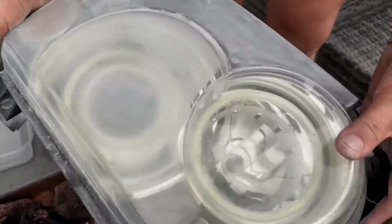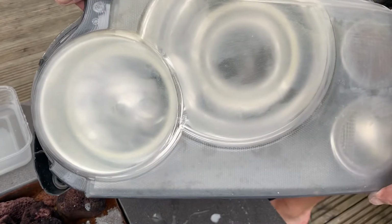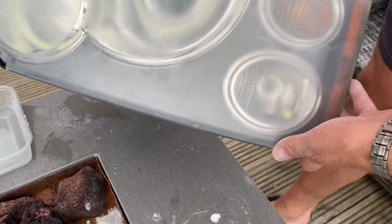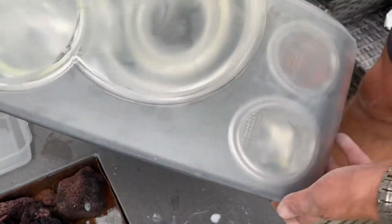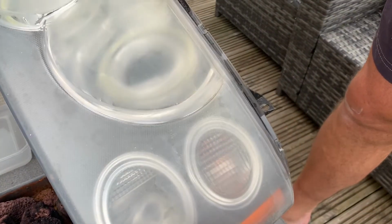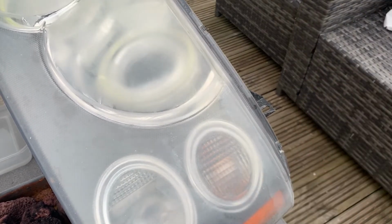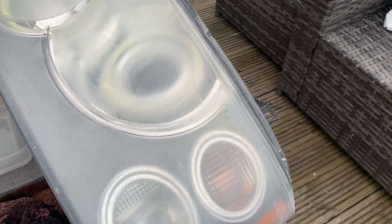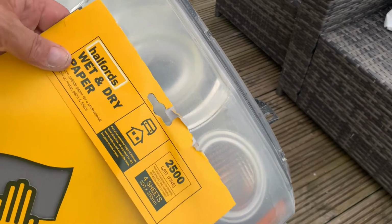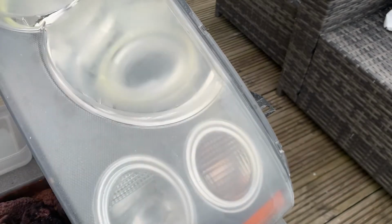Wet and dry will really smooth it off at the end. So that's after the 400 grit. You see it's quite grainy, quite cloudy, and that's always worrying when you get to that point. Of course, when you get to the 2.5 and the water, which I'll show you now. This is the 2.5. So I just bought a Halfords 2,500 grit fine, and I started off with the 400 of course,